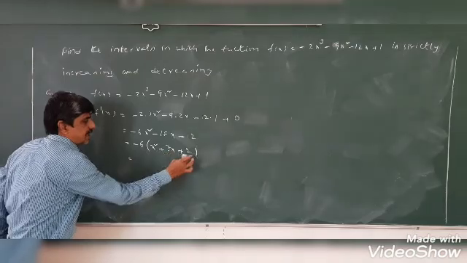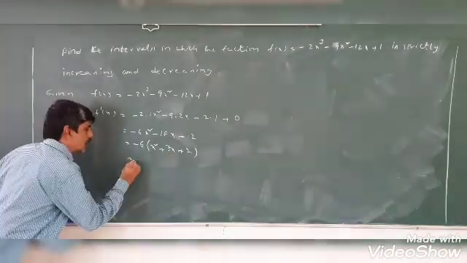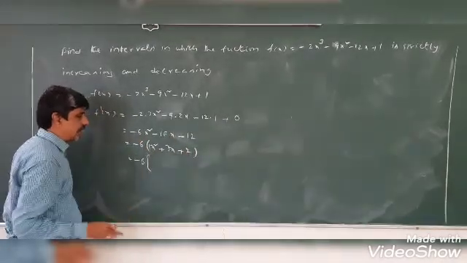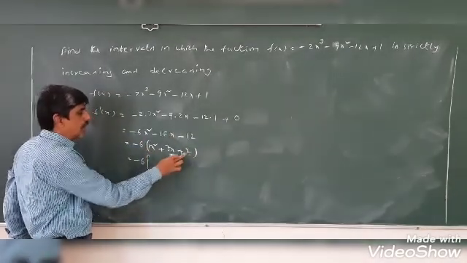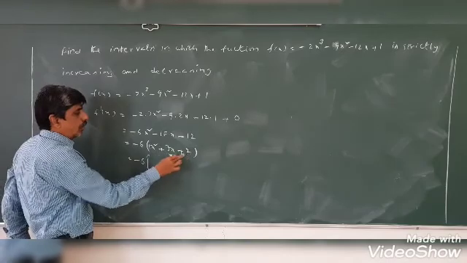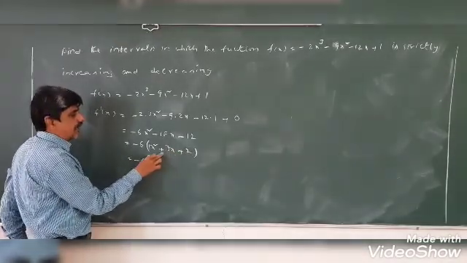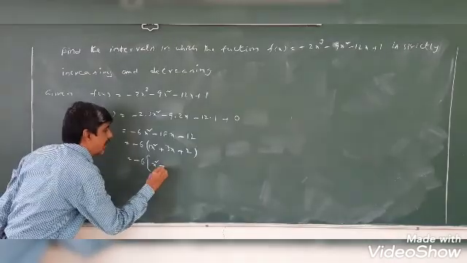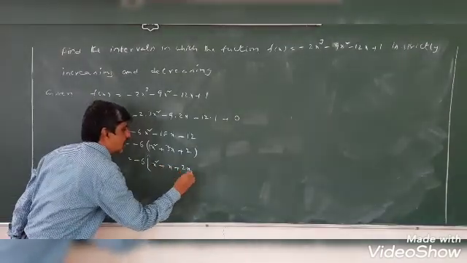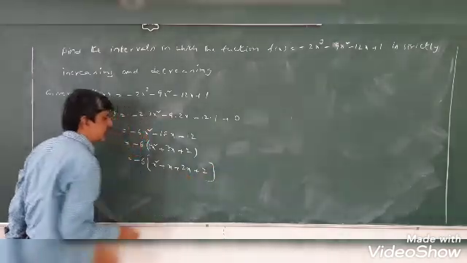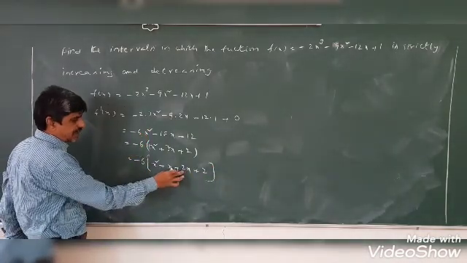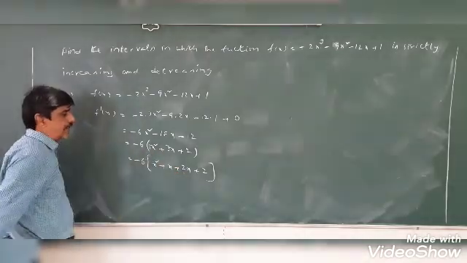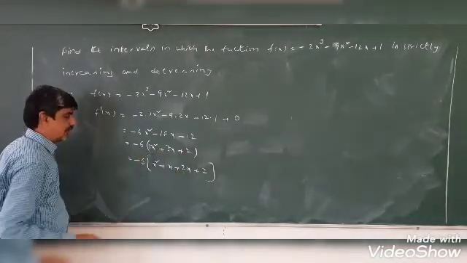Then factorize this x squared plus 3x plus 2. So minus 6 into x squared, the coefficient is 1 and the constant is 2. 1 into 2 is 2. Then write the sum of the terms that gives 3x: x squared plus x plus 2x plus 2, so here 1x plus 2x gives 3x, and 1 into 2 gives the same product as the x squared coefficient times the constant.